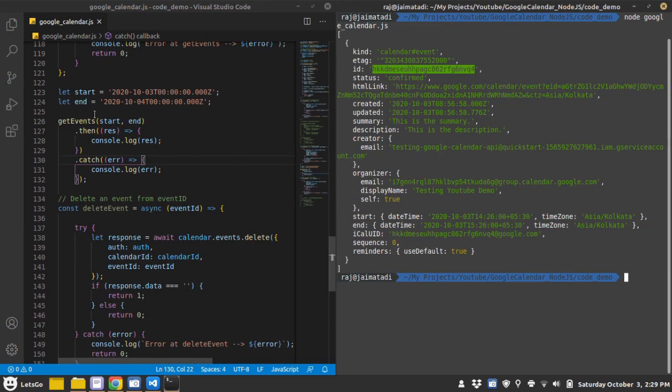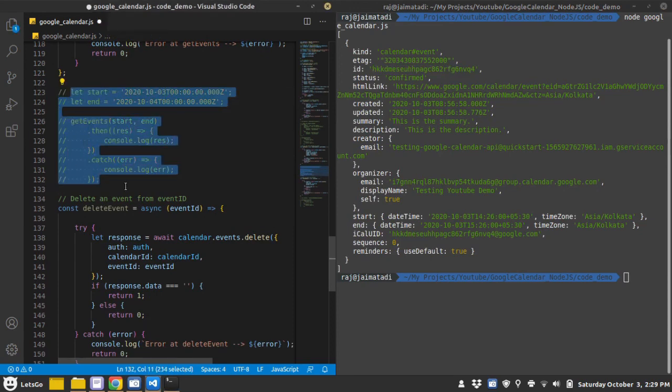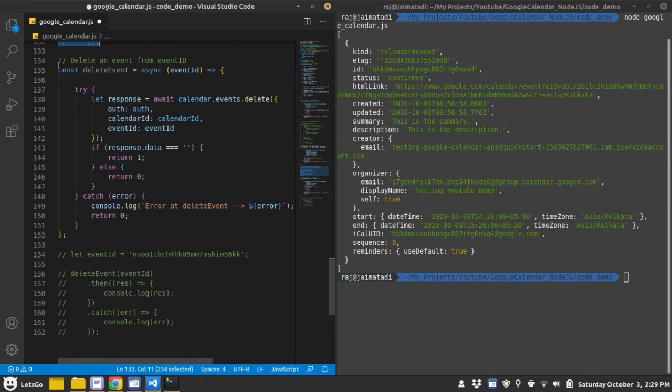The next demonstration step is to delete an event. In order to delete an event, we require the event ID. So I'll paste the event ID. Again the function is the same. I have put the code into try and catch. It calls the API.